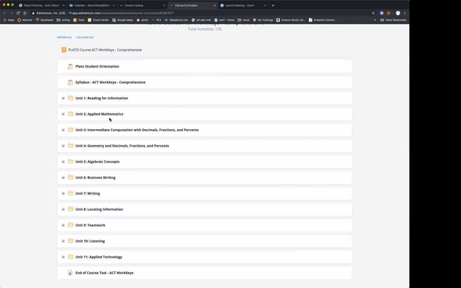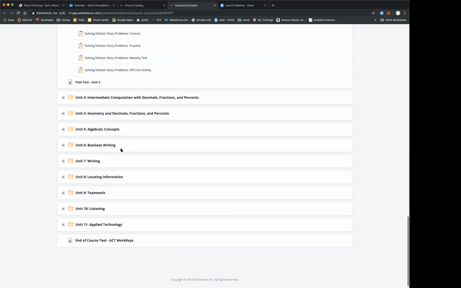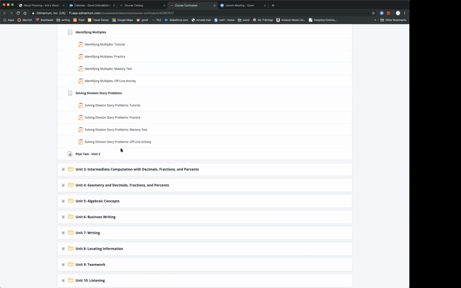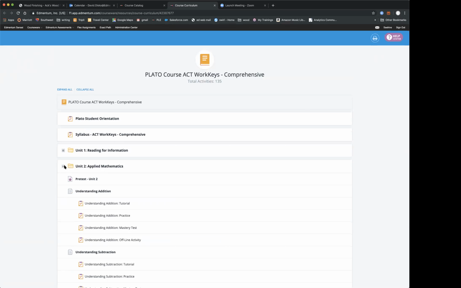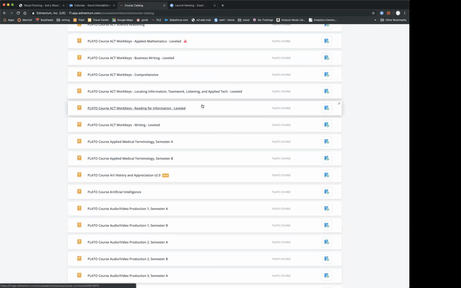There's a unit for reading, applied math, so on. If we open up applied math, these are all of the materials here, okay? And you can see that there's quite a bit of material here, but it's one stop to go in and find all of that together. So we give you a choice about how you might want to use that.